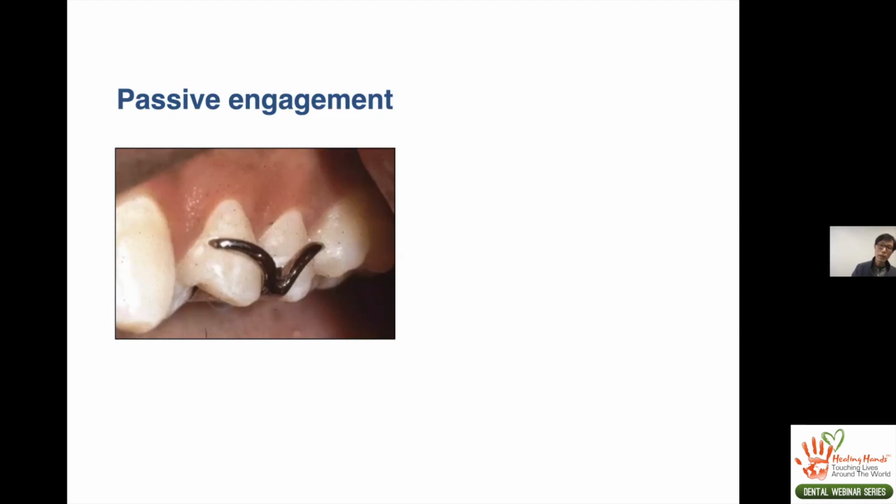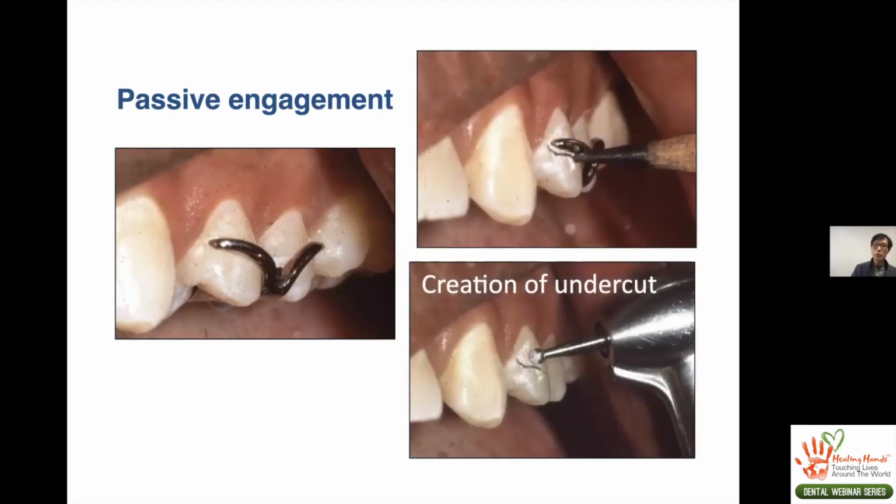If that's the case, most of the time we just bend it in with pliers, and there is a frictional retention when we bend it in just by tightening. But since the clasp arm does not go into the undercut but sits above the height of contour, after a while the clasp arm is going to bend out, and there is no retention. So to avoid that,